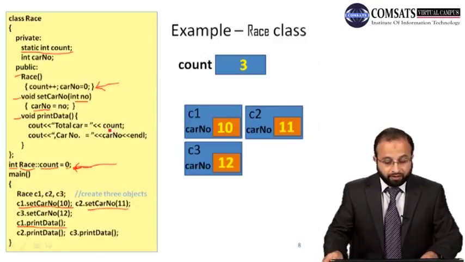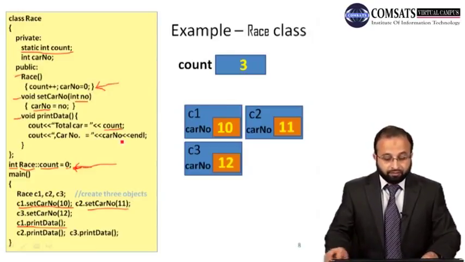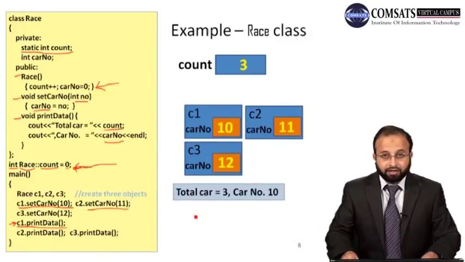So it will display the value of count, that is currently 3, and then the car number is equal to car number, the car number of that particular object. Count जो है वो global है, but car number for the first one is for C1. C1 का car number display करेगा वो, ठीक है? So total car is equal to 3, car number is